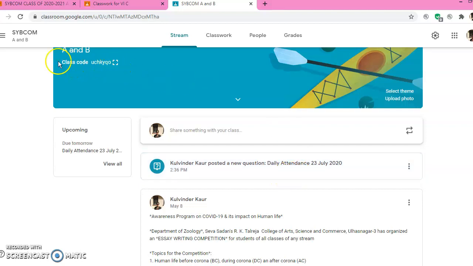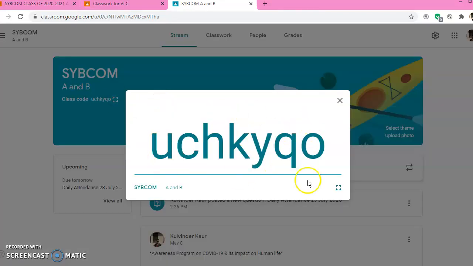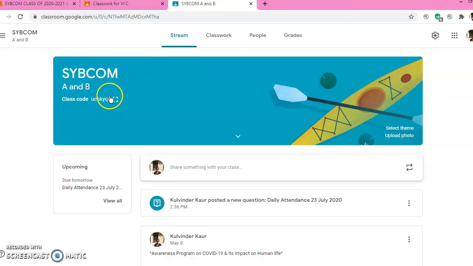Now for your students, you can tell them to join your class through the class code. Just click on this box and it will say display. Once you click on it, this is your Google Classroom code which will appear here. You can share this code with them and tell them to join your class through this code. You can click a photo, share it on your groups and tell your students to join the class. Once your students join the class, you will be able to see all your students. So this is where the code is.